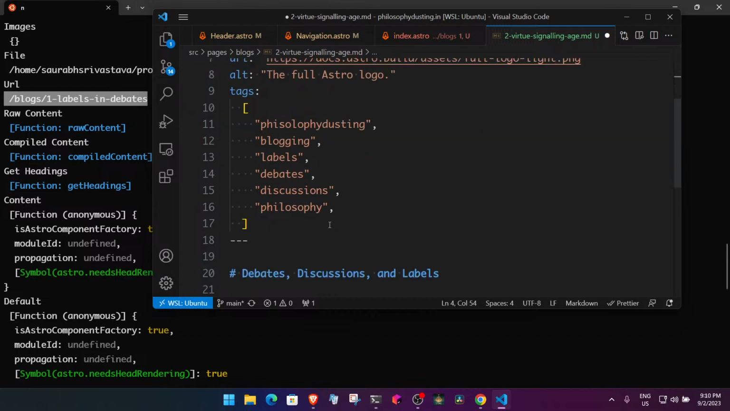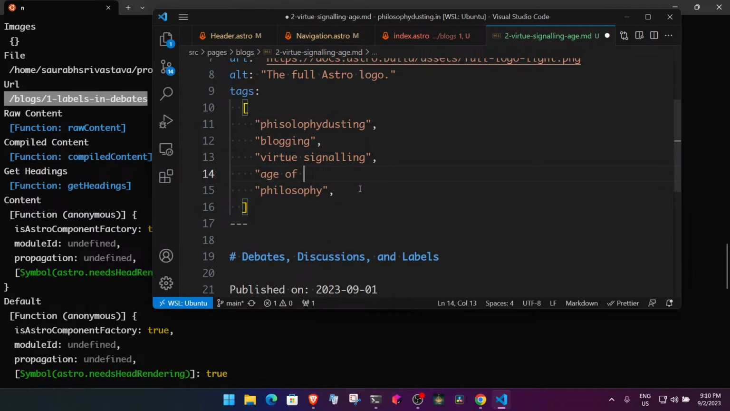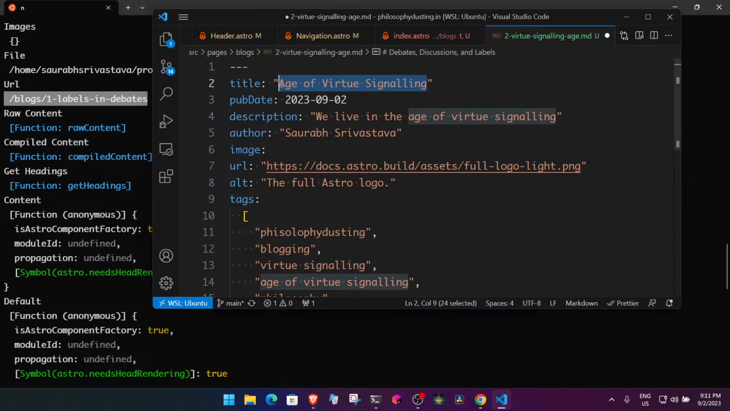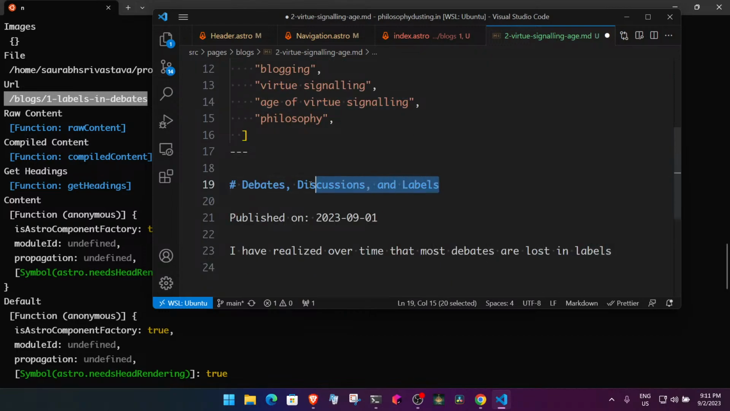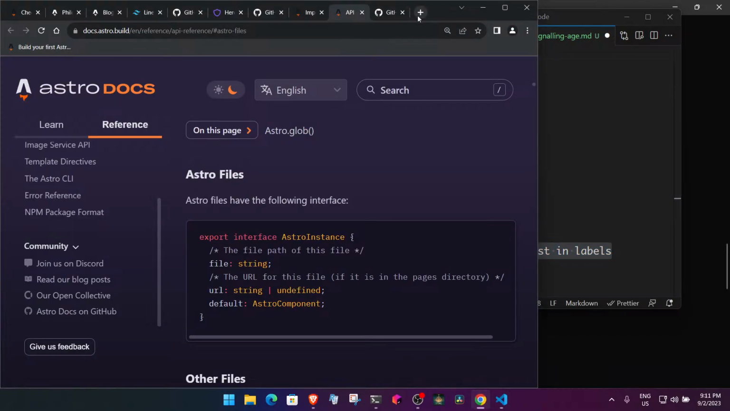This is fine. Let's put it that way. Labels, debates, discussion. We can remove it. We can say virtue signaling, age of virtue signaling, so and so. We can just move this as this. Let's have a quotation. Maybe I should just check